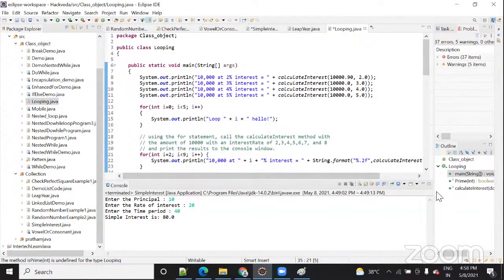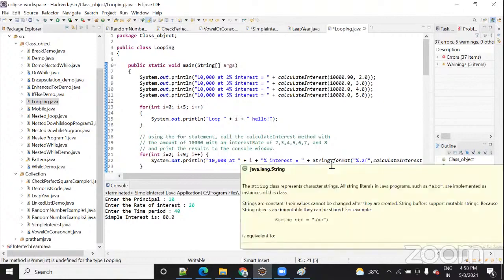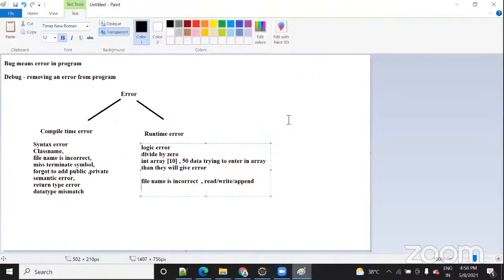You can debug the code, right? And why is this feature added in any IDE? Normally when we work in industry, we work in a team. Suppose these three people are working in a team. When this person gives you the code, you will run it on your IDE, so you should be able to debug it, meaning it should work on your platform.